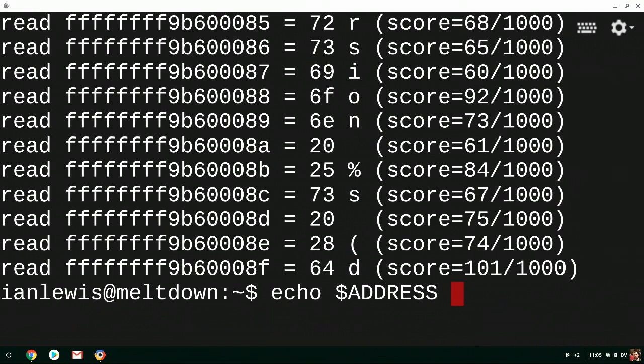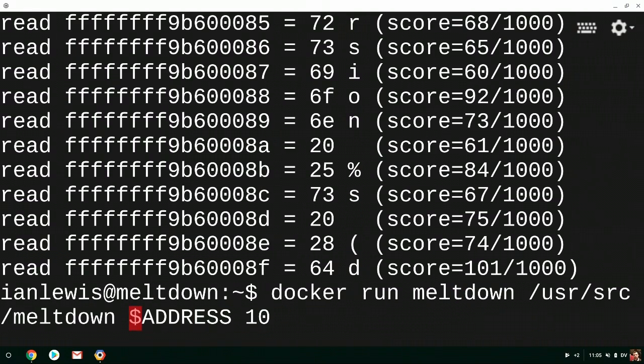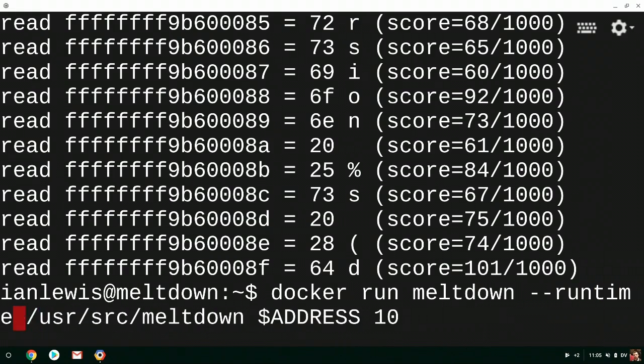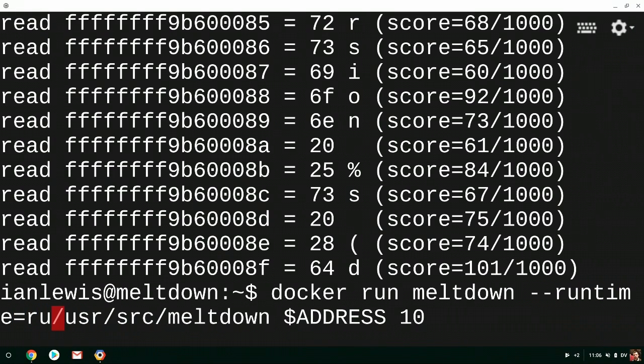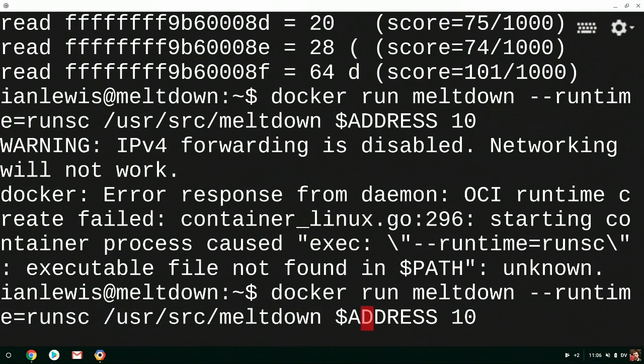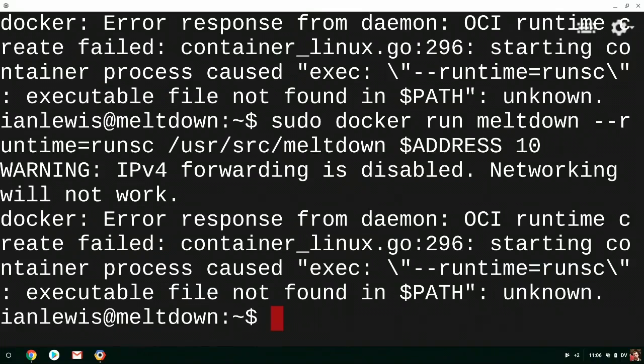So when we run this the same way, but in gVisor, gVisor actually doesn't map in this kernel memory, and so we're able to mitigate this slightly. I didn't run this with sudo.